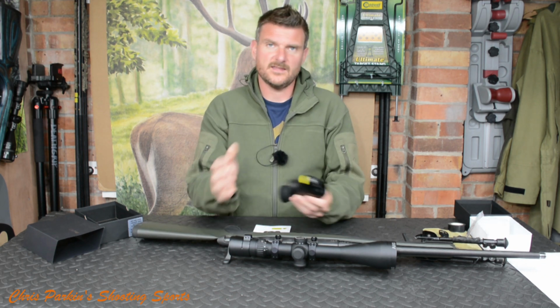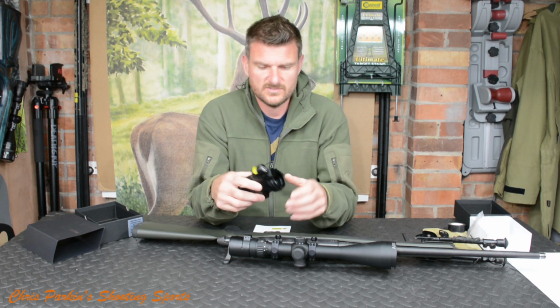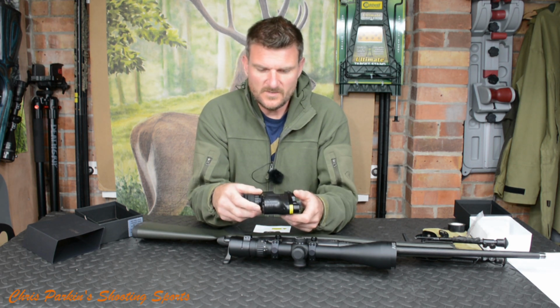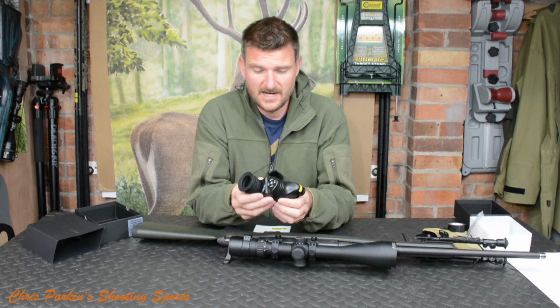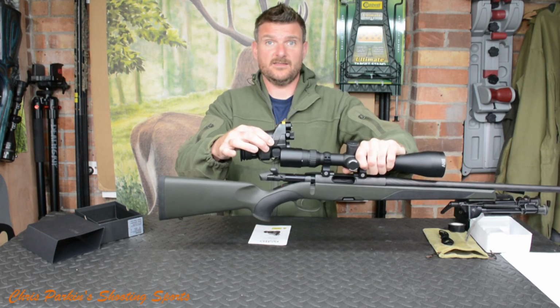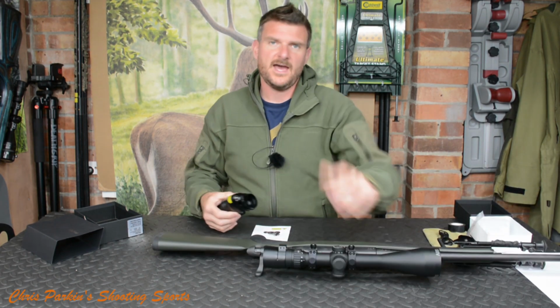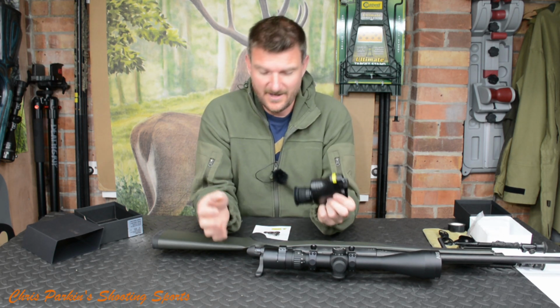Because of course when you're adding things on that aren't quite as adaptable as the human eye, you do need to get the mechanical setup a bit more smooth. So essentially, what else on here? It's got a rubber bellows eye cup, 35mm eye relief, and it does add some length to the rifle scope itself. So your head position will be slightly compromised, but offset that against the fact